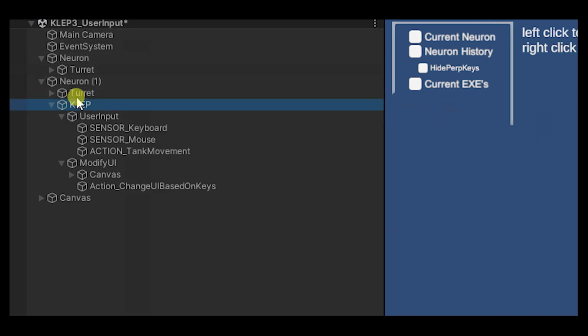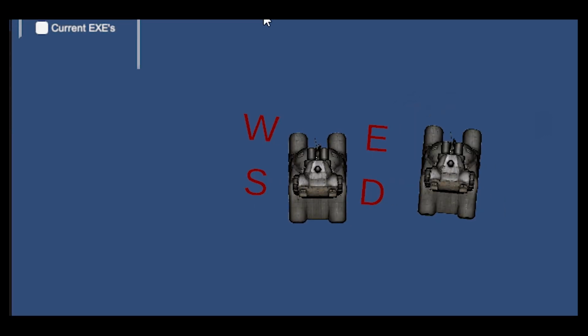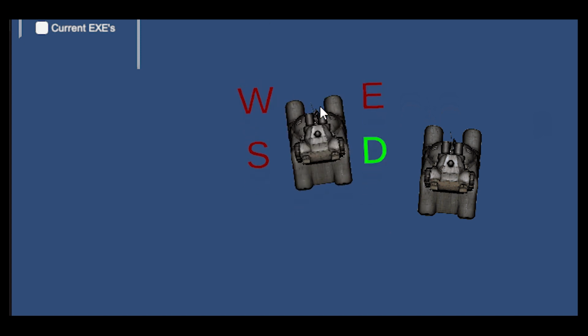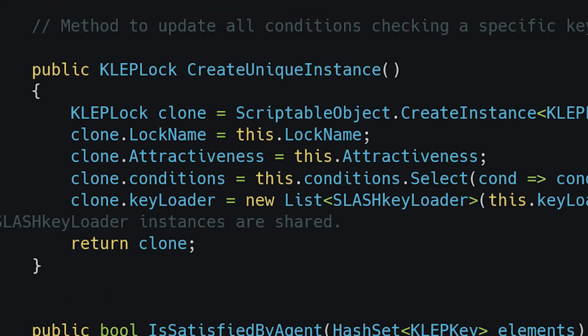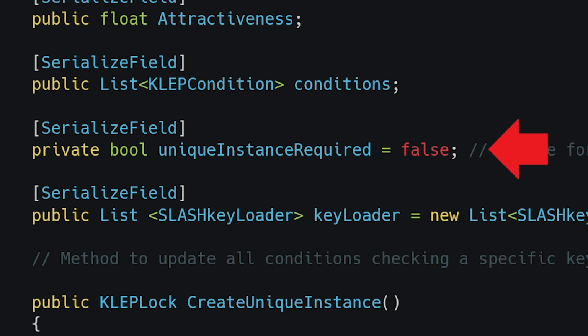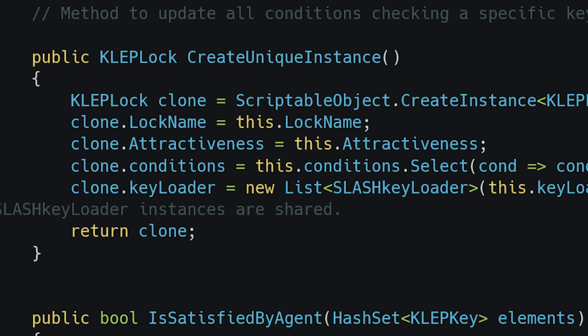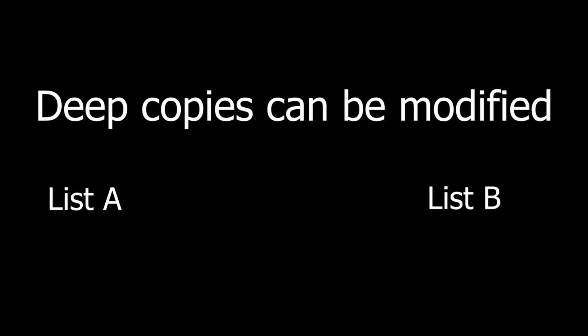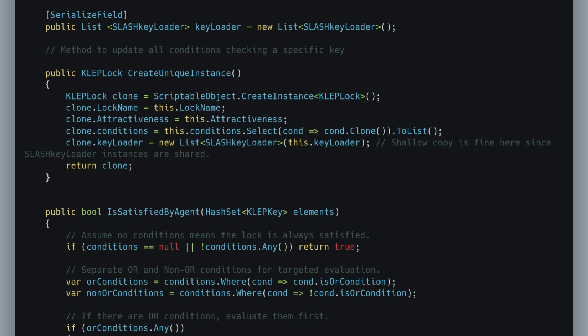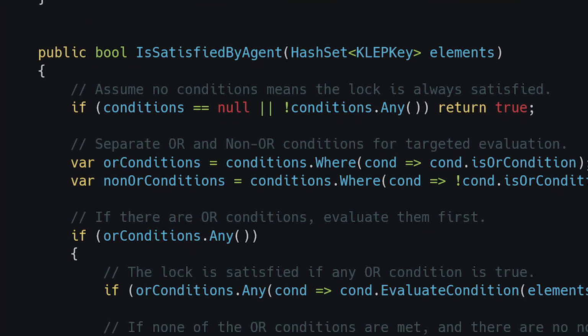A KLEP lock features two main functions: is satisfied by agent and create unique instance. The latter, create unique instance, operates exactly as named. When the unique instance required flag is set, either during setup or when a lock is acquired by an executable later, this function creates a deep copy of the lock for that specific executable. This capability ensures that runtime modifications to a lock, such as adjusting conditions to reflect weapon degradation, do not impact the broader system's logic. The function is satisfied by agent